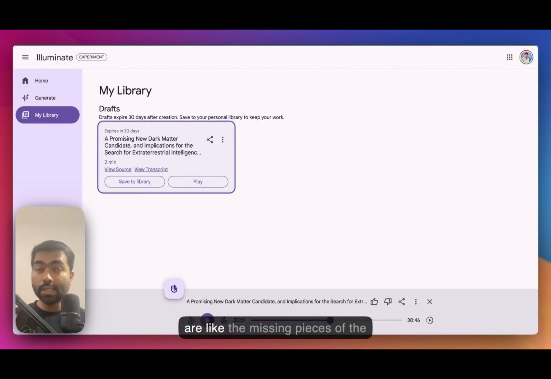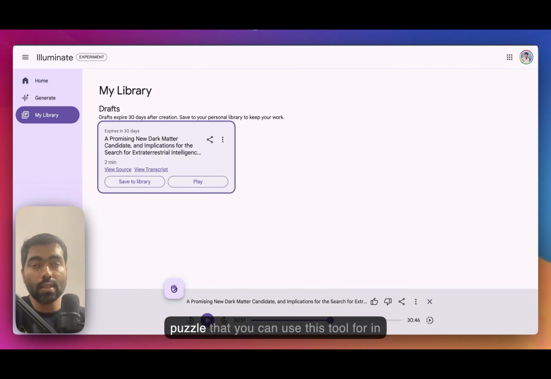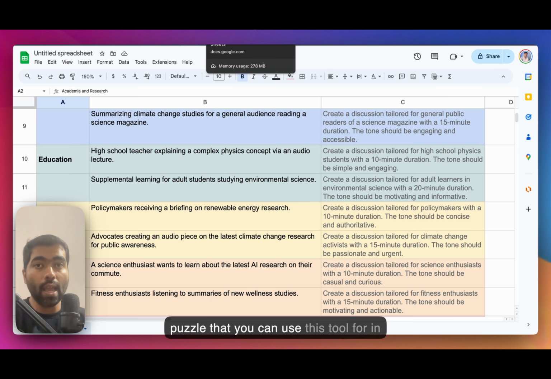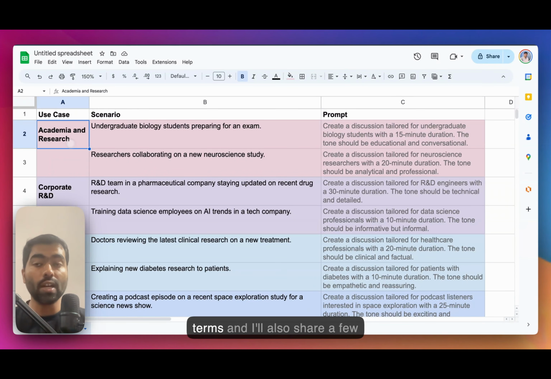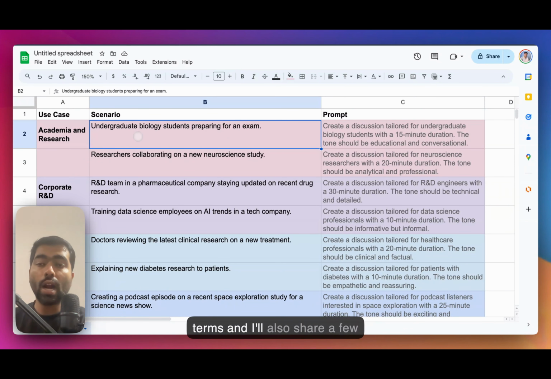You can listen to this entire conversation. I'll share this public link in the description. Secondly, let's go through some use cases that you can use this tool for, and I'll also share a few prompts. So for example, if you are in academia and you are an undergrad student, you can make something like